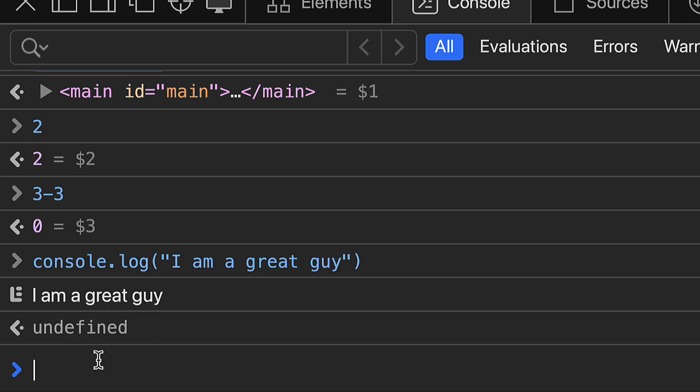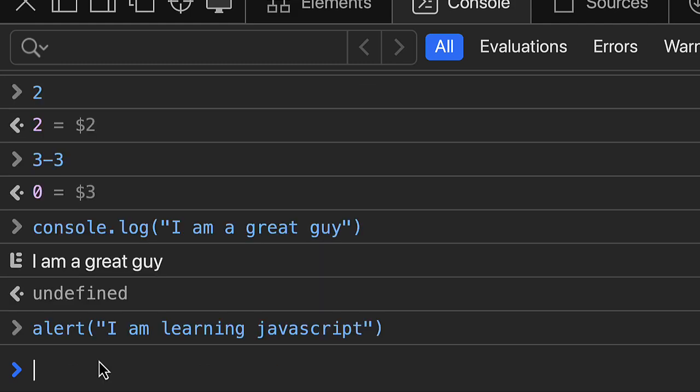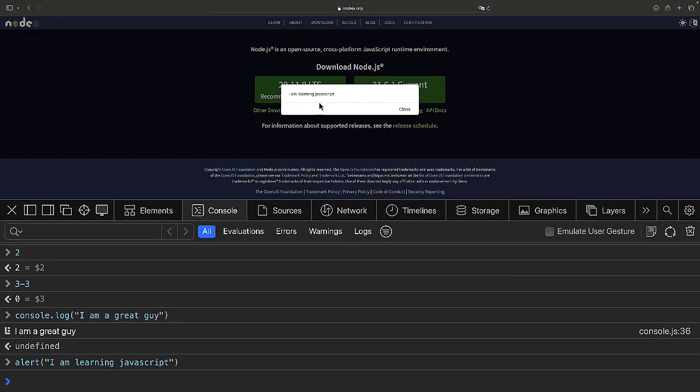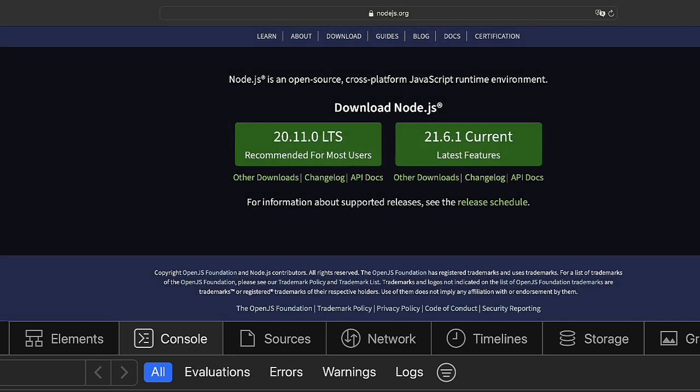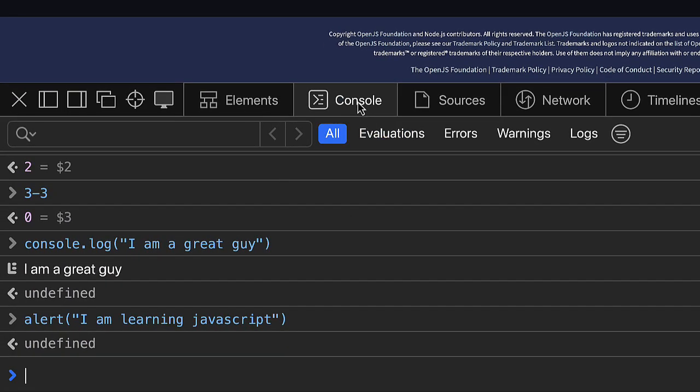In fact, I can also put up an alert on my system. So I can say alert, I am learning JavaScript, and it gives me back an alert that says I am learning JavaScript, and then I can close this. All right, so you can see right here in our browser under this console tab, we can write